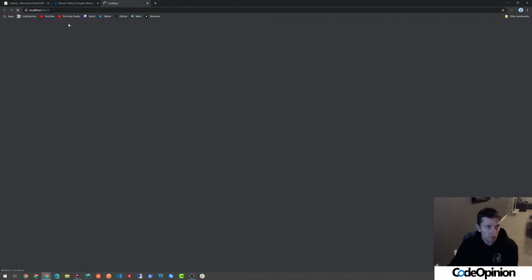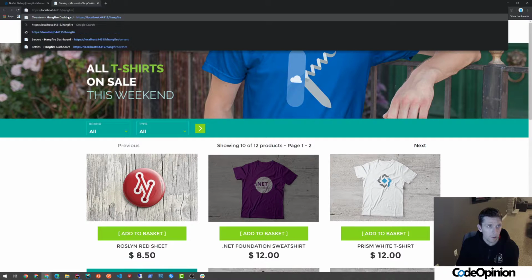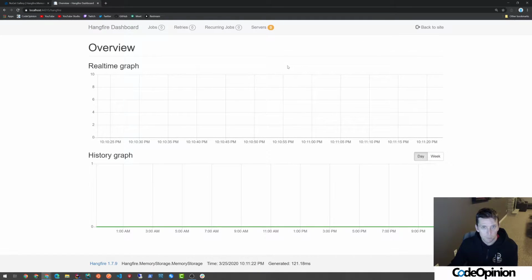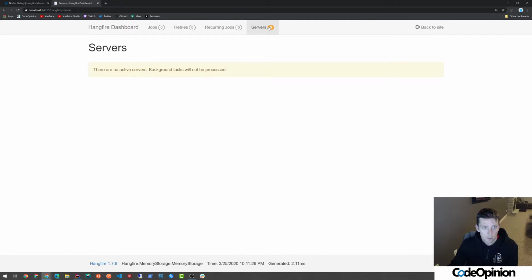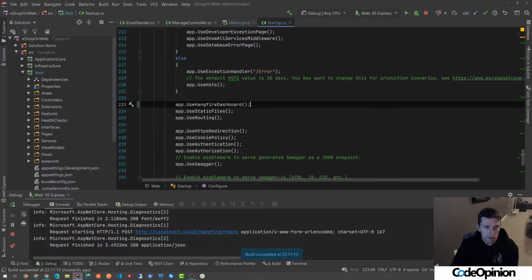All right, so we're running our app. And then if we go to /Hangfire, here's the Hangfire dashboard. And I do need to add a server because there are no servers. So basically we're kind of just in client mode right now where we can enqueue jobs, but we don't really have any servers listening. So let's jump back here, and I'm assuming,